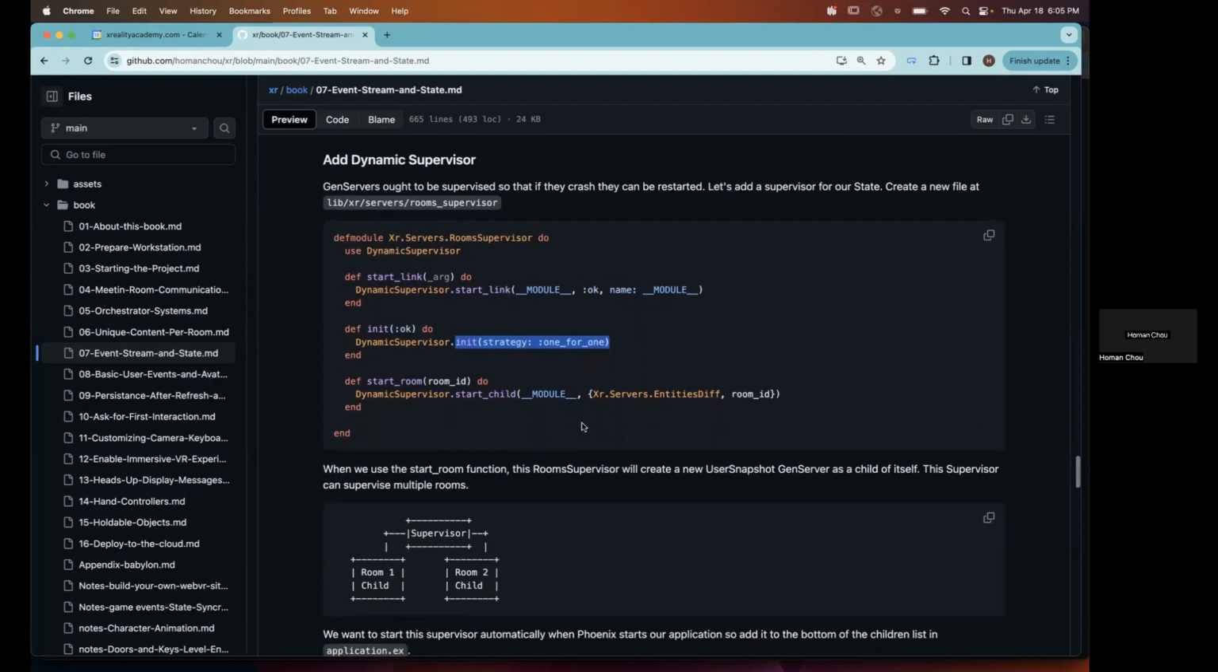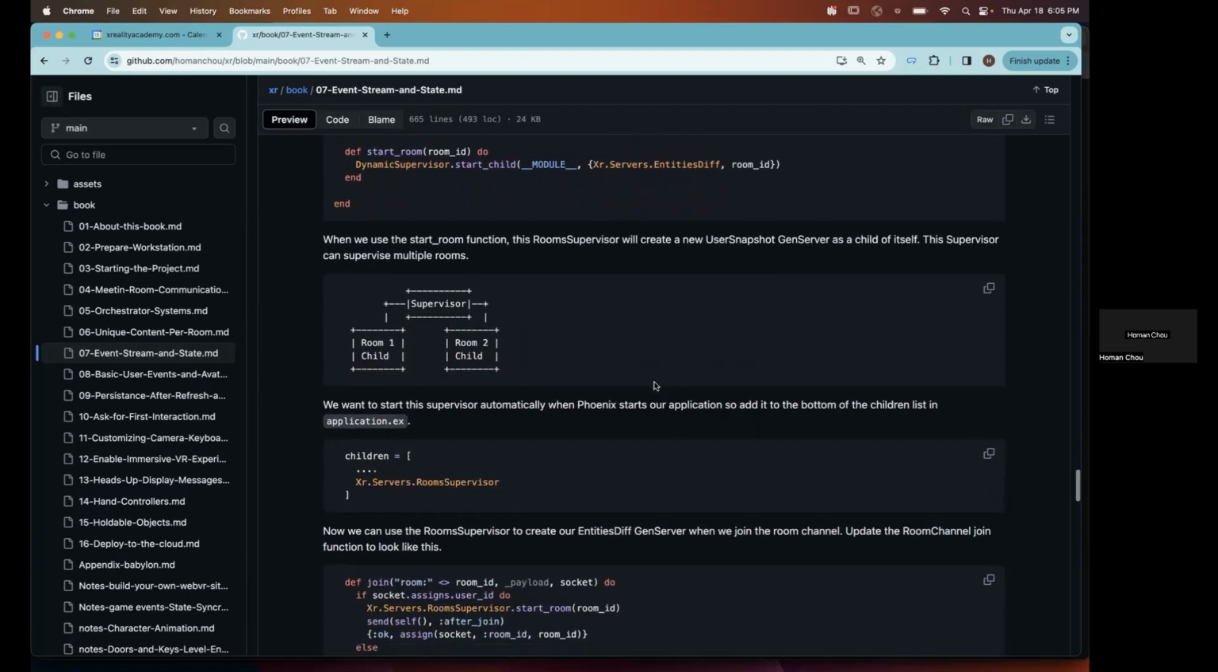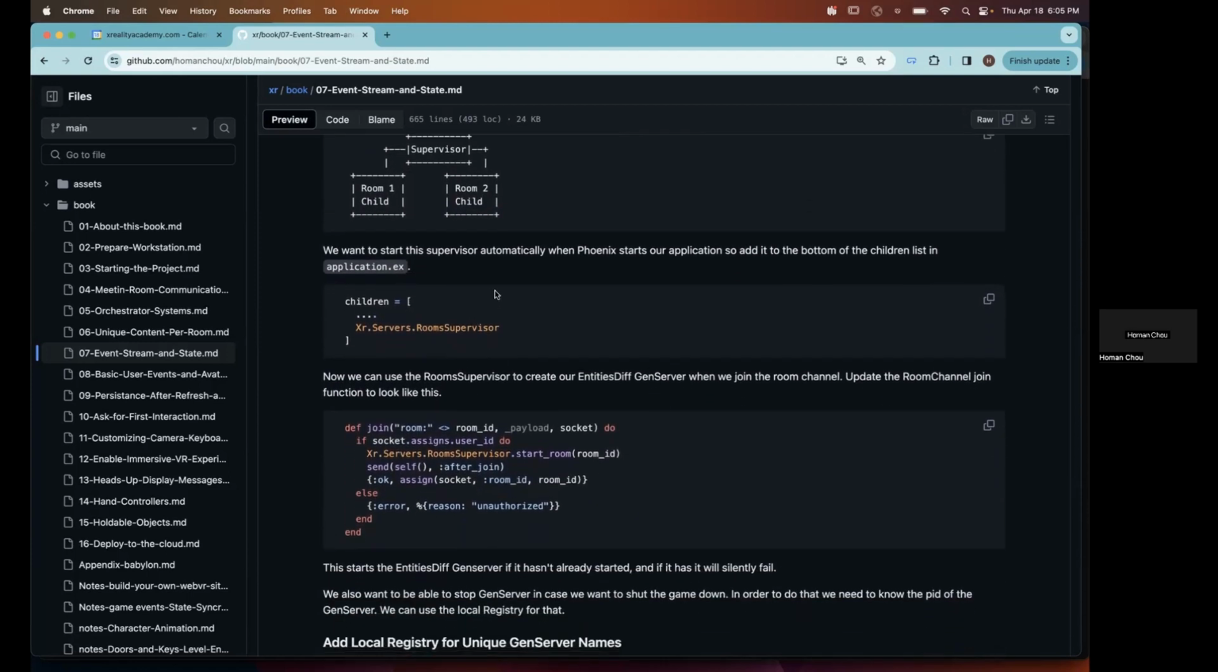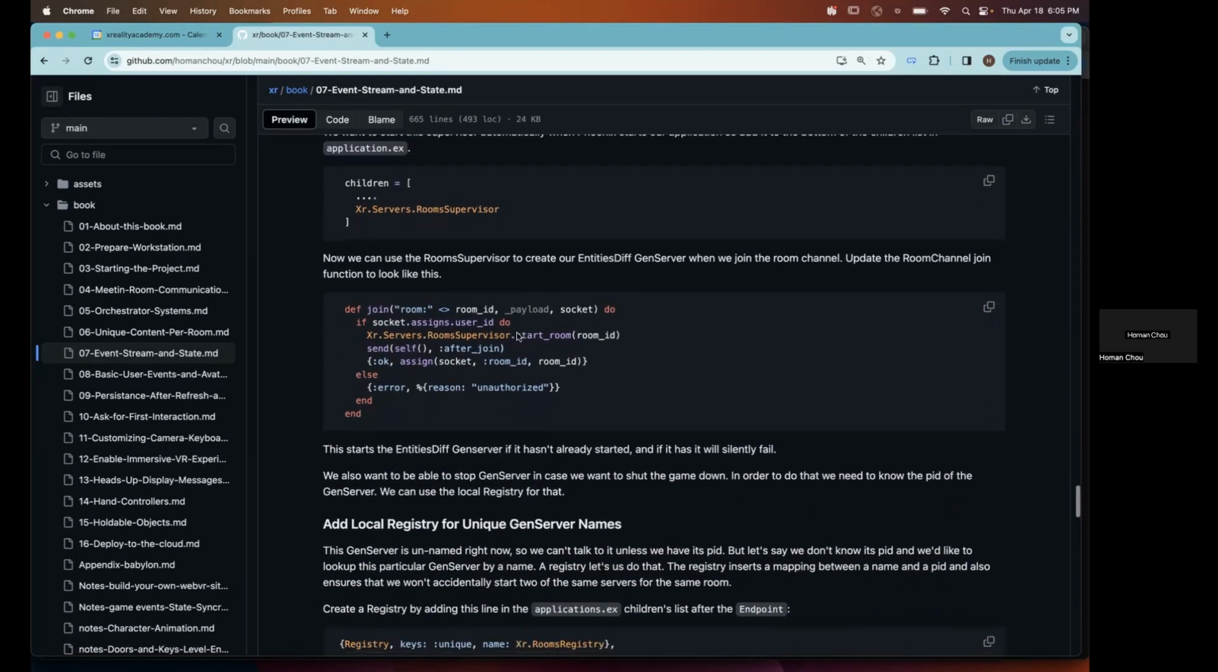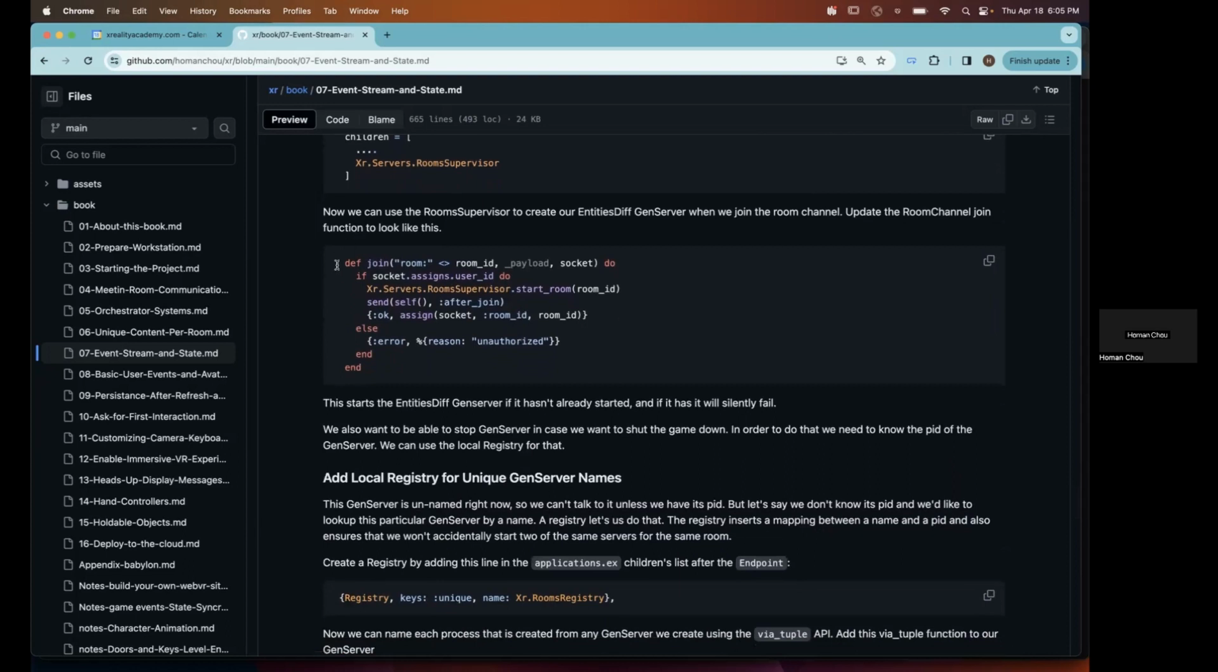So you'll lose the memory that was in that gen server, which is only sensitive for up to 200 milliseconds, but you get resiliency, like your app won't crash. Just that gen server for that room will crash. Okay. And then this is just how you want to add that to the children in the application so that your room supervisor is started up. And then you would invoke creating your room server to start the room whenever in the room channel